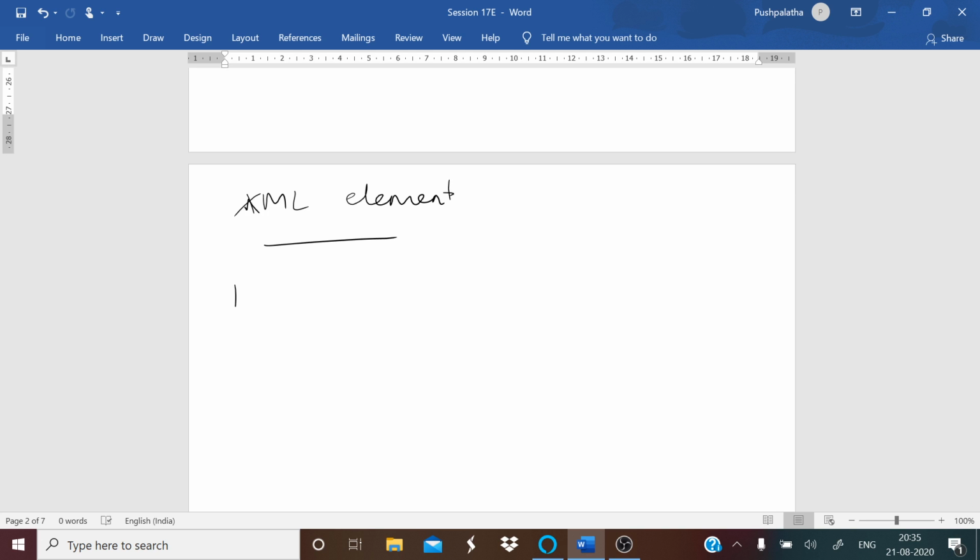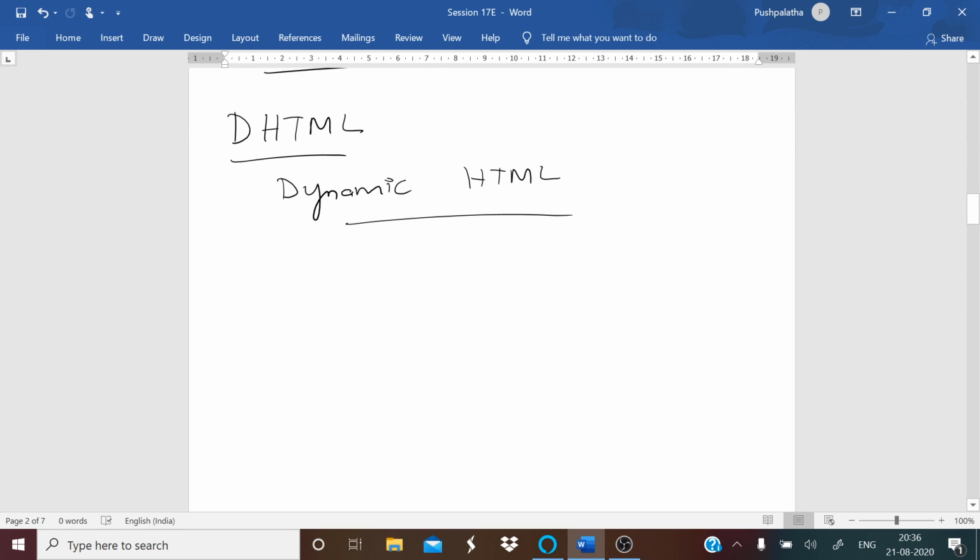Okay, and you have DHTML. DHTML means dynamic HTML. This is nothing but an extension of HTML. This enables the web page to respond to user input. That is, whatever the input given by the user, this responds to that without sending the request, that is, without asking the server. It displays the web content. As you know, the web content keeps on upgrading, changing. So depending on the many parameters, it displays the web content.